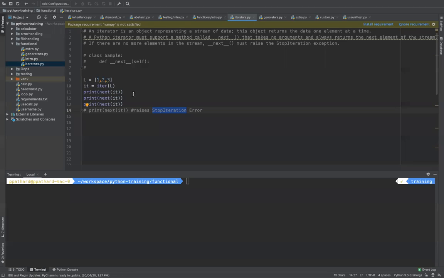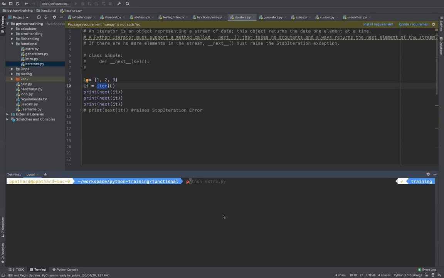Now I have created a list here called L, and it takes 1, 2, 3. There are 3 values inside this list. I created manually an object of iter. There is an iter function that I have called, which internally has got a method called dunder iter.